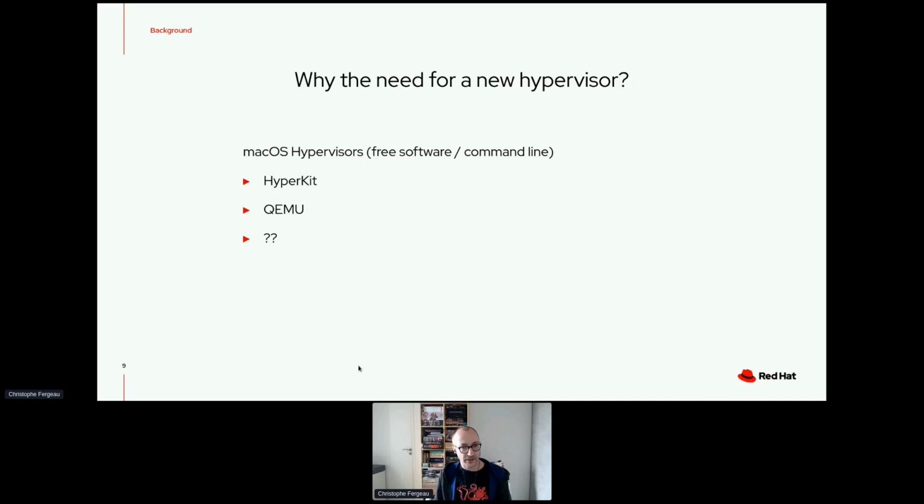So yeah, we knew we were in some kind of dead end with hypervisor for use with CRC. And so we needed something else on macOS if we wanted to be able to support the new Apple Silicon CPUs. So yeah, no support for Apple Silicon CPUs, so we could no longer use hypervisor. So the next, not so obvious choice, but the next thing we looked at was QEMU, because basically it already had a macOS port. It's available in Brew. It's well supported. It has tons of developers. So at first, yeah, it would be nice if we could use QEMU, but it was also not a great fit for our team because